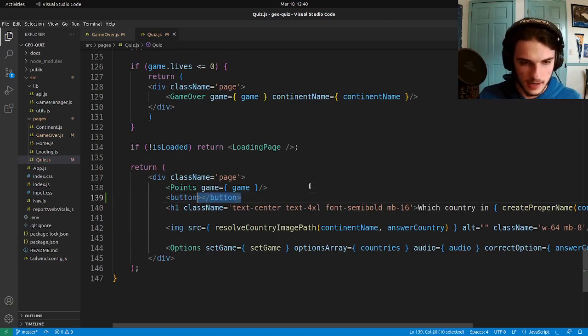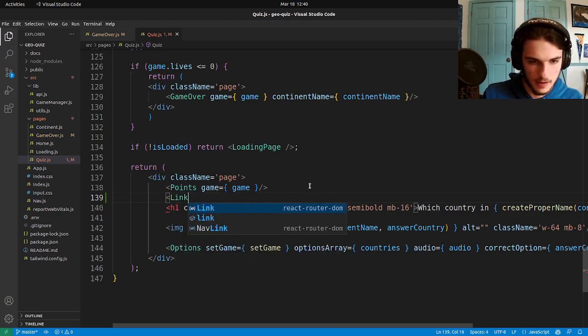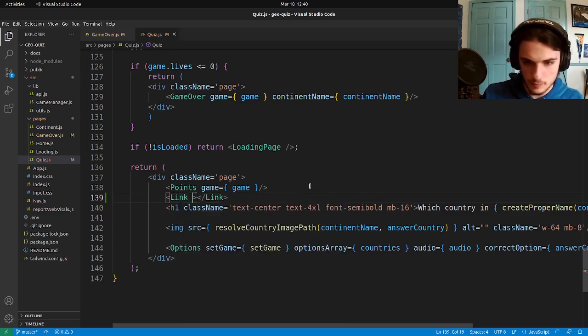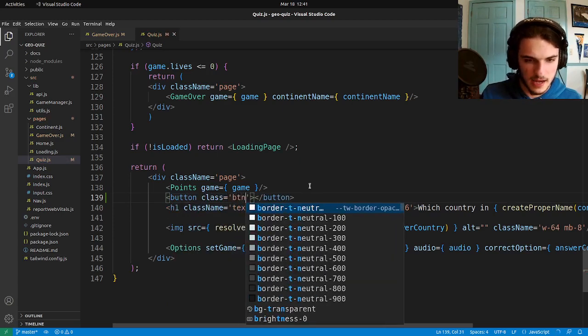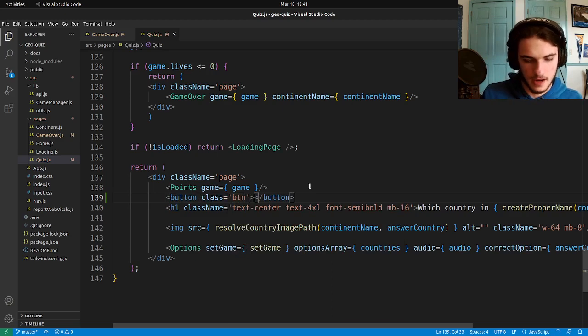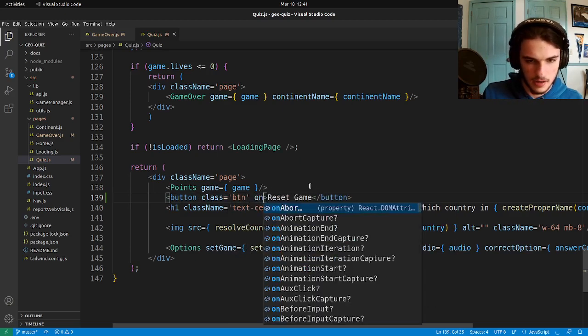So actually, we'll just make this a link. And no, a button makes much more sense. I don't know why I thought the link. Class equals btn, and we'll just say reset game, and then on click